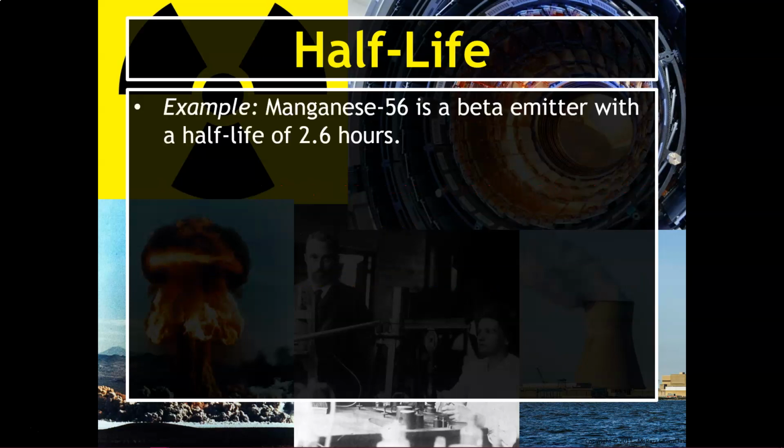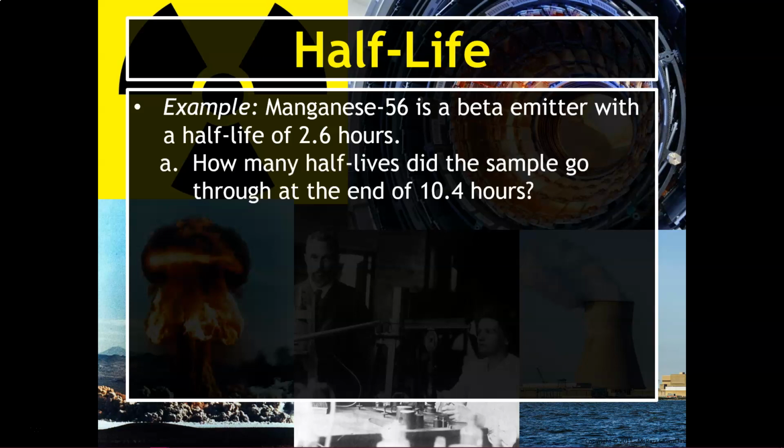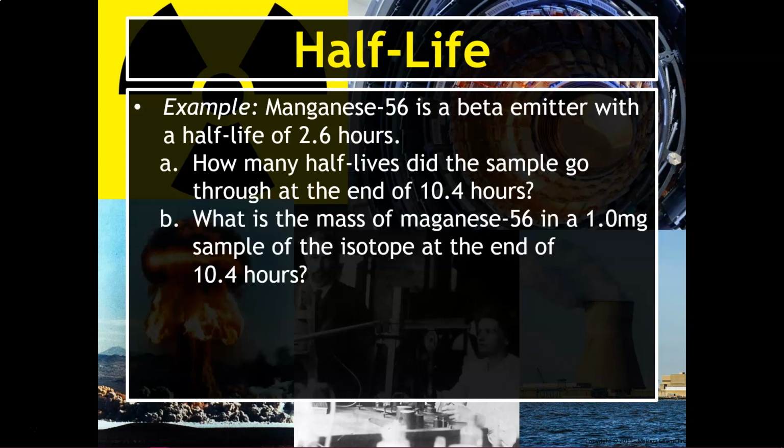Here's another example. Manganese-56 is a beta emitter with a half-life of 2.6 hours. How many half-lives did the sample go through at the end of 10.4 hours? And what is the mass of manganese-56 in a 1 milligram sample of the isotope at the end of 10.4 hours? So we'll first focus on the fact that we know that the sample went through 10.4 hours, and each half-life is 2.6. So we're trying to figure out how many half-lives is that? How many half-lives did it go through? So what we're going to do is do the 10.4 divided by the 2.6, and that tells us that it